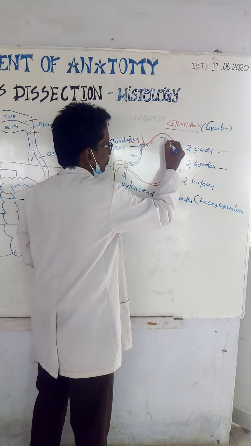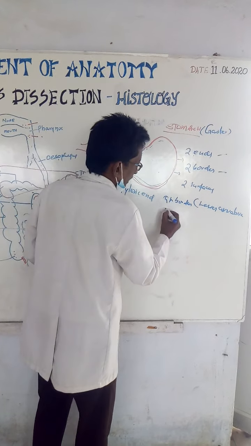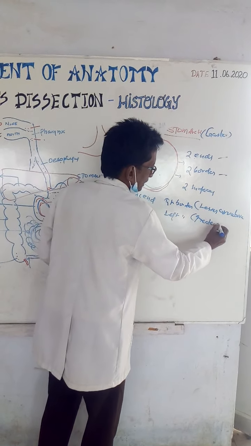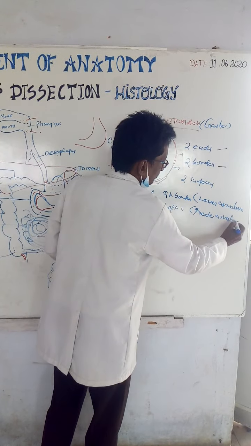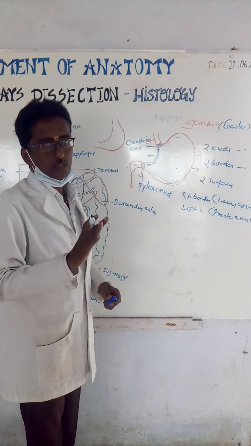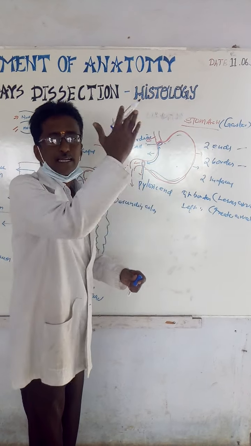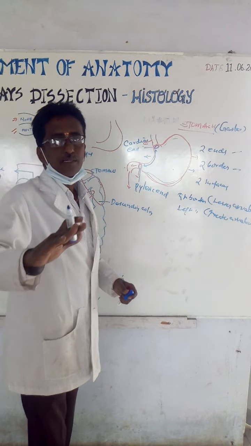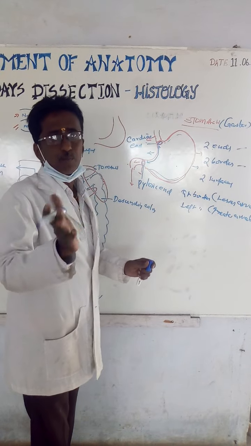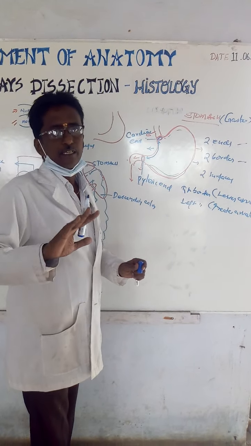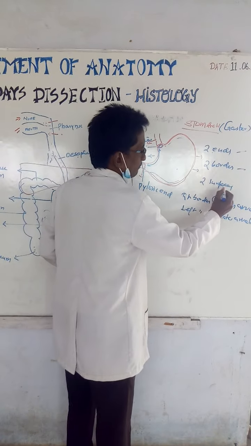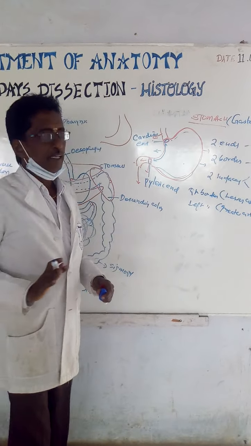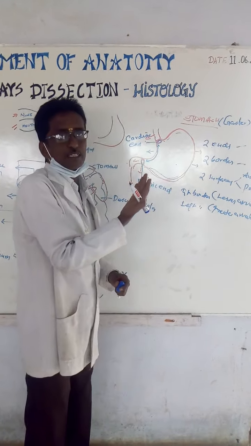But from this to this is very large. So it is called the left border, otherwise called the greater curvature. I will send the personal notes also. Right border is lesser curvature, left border is greater curvature. These are the two borders or two curvatures. Different books, different answers. Then the two surfaces are the anterior surface and the posterior surface. The front is called the anterior surface, behind is called the posterior surface.